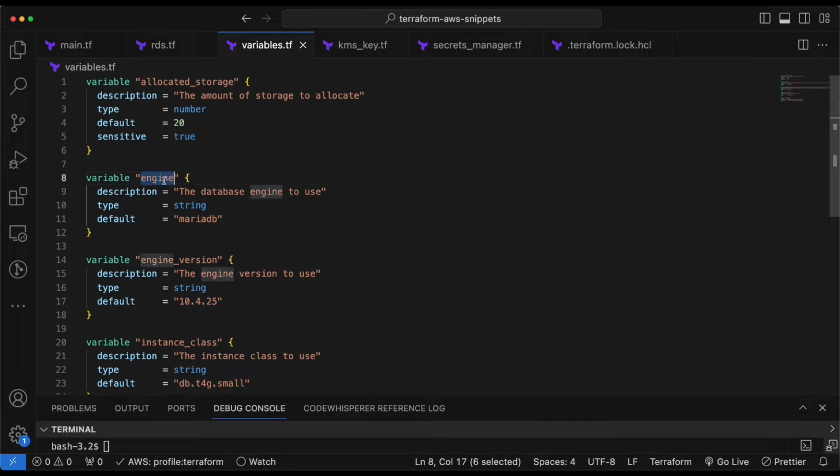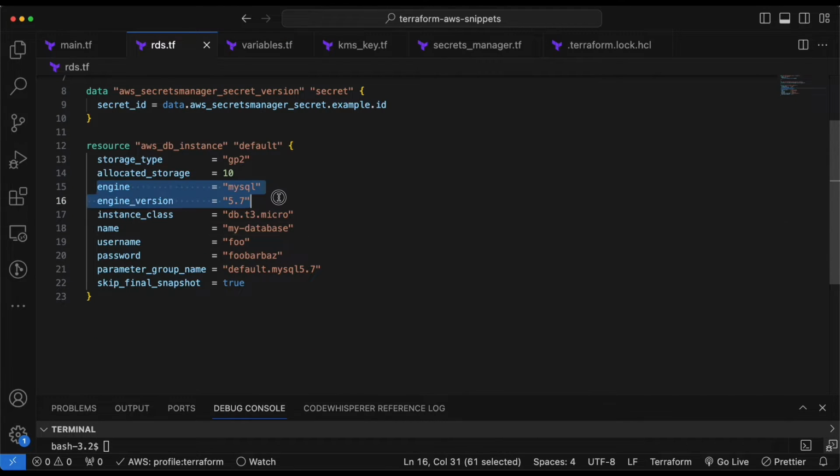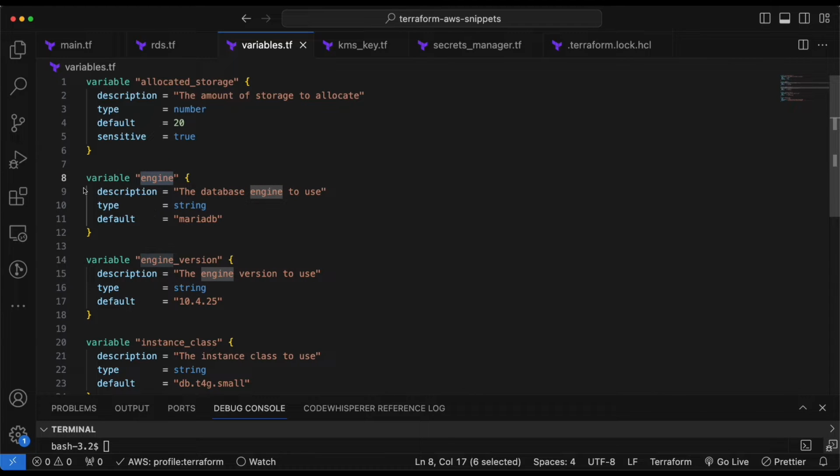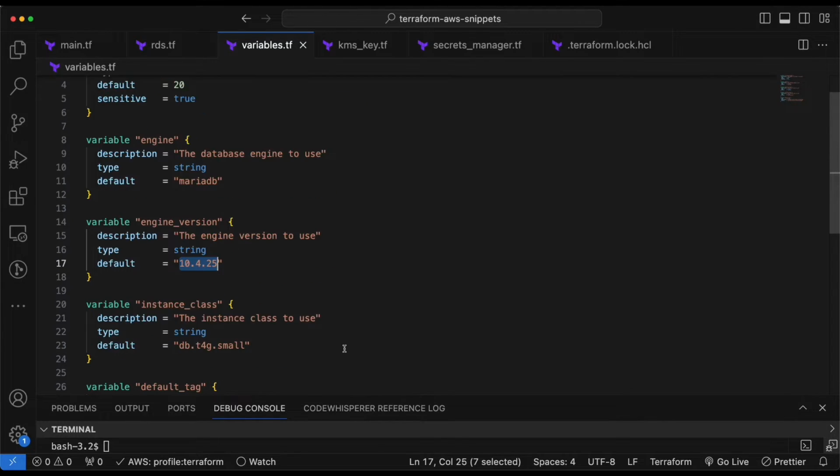And then we also, like I said, we are using engine and engine version over here. So we're going to move these things into variables like these. So engine version, you can see I'm using MariaDB, and then I'm using the specific version of MariaDB, which is